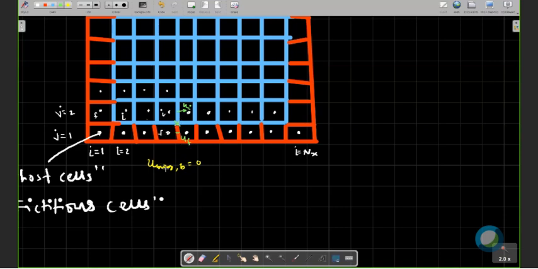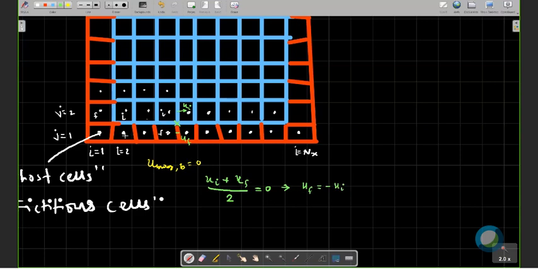So how do you do this? The u at the boundary, at this cross, should be 0. To implement this, we simply write ui at that face plus uf at that face divided by 2 should be equal to 0. So we take the average of these two in such a way that the average will be 0. Based on this, we come to know that uf will be essentially equal to minus ui.